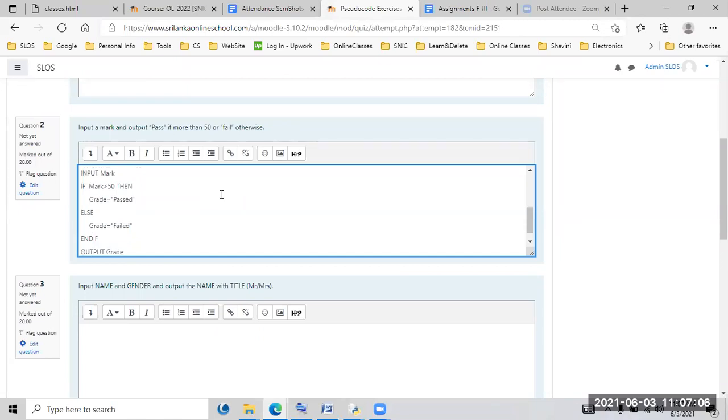Maybe a slight variation. So this is going backwards. Instead of else,